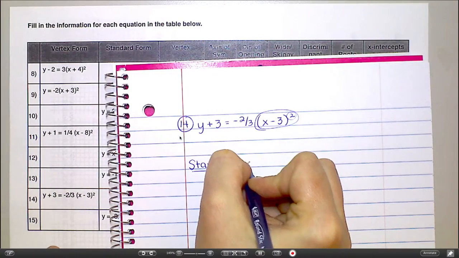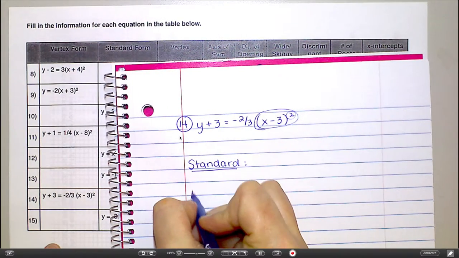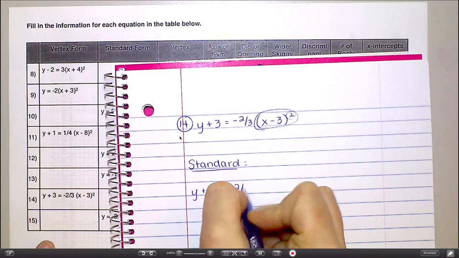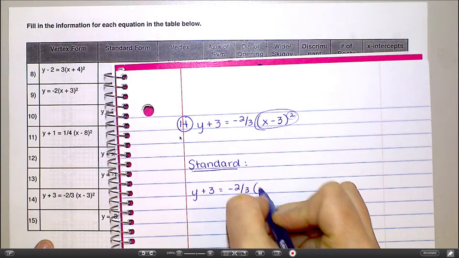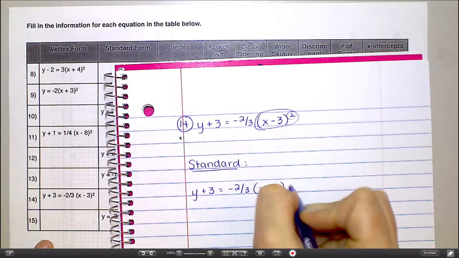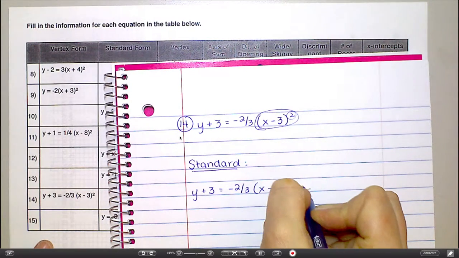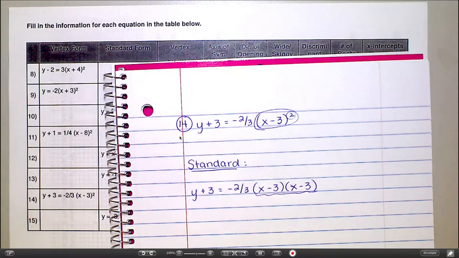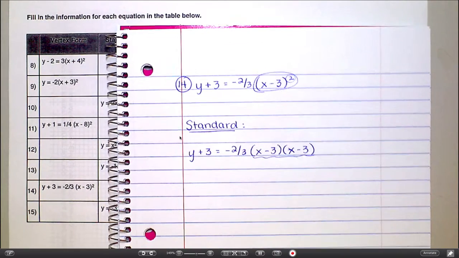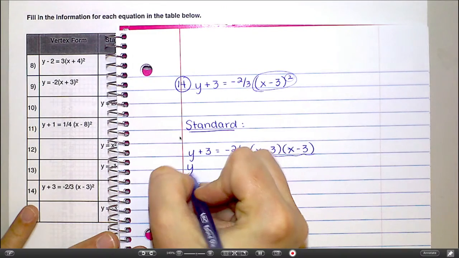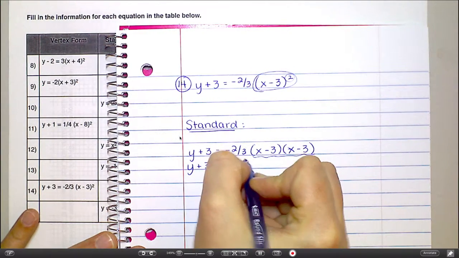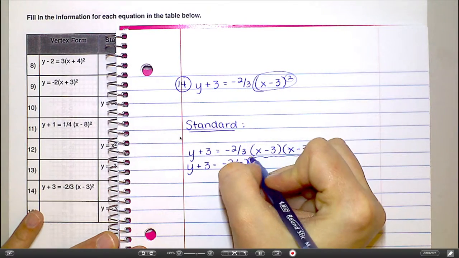Why is this so hard? I'm going to write this out. It's not hard. Time consuming maybe, but not hard. Negative 2/3 (x minus 3)(x minus 3). And then I'm going to FOIL these two together. You could use the box method too if you want to, so I don't care, box or FOIL. But you want to do x minus 3 times x minus 3. That's going to come out to be